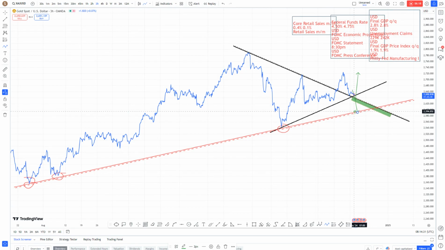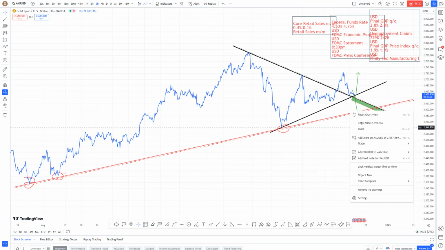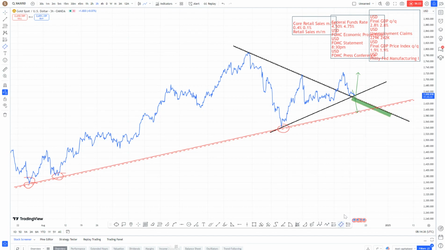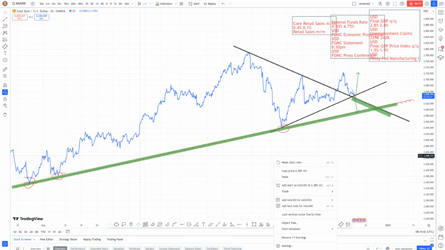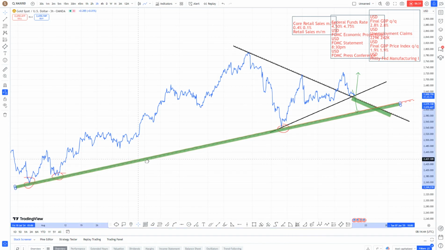A return of price to this level is a buying level floor where price has always found buying potential. So let's have it like this. This is what will happen as price returns to this level. It's more like a psychological ascending trend line where buying orders are already initiated.